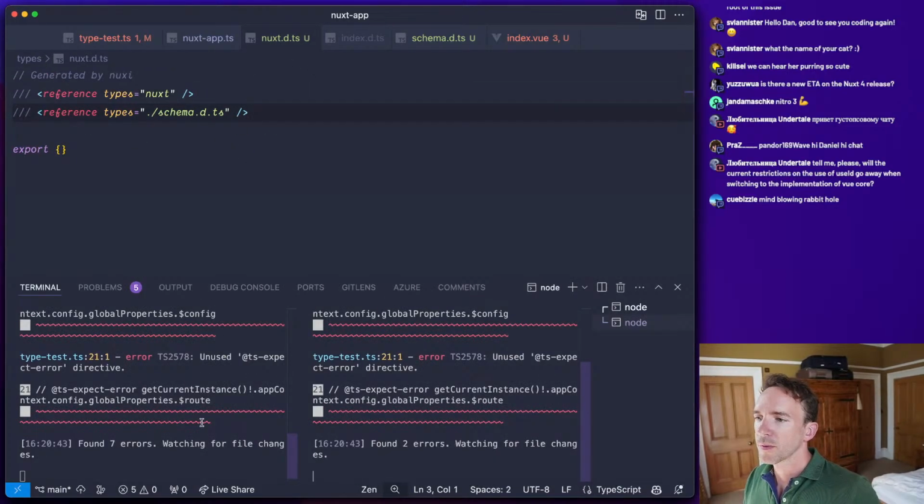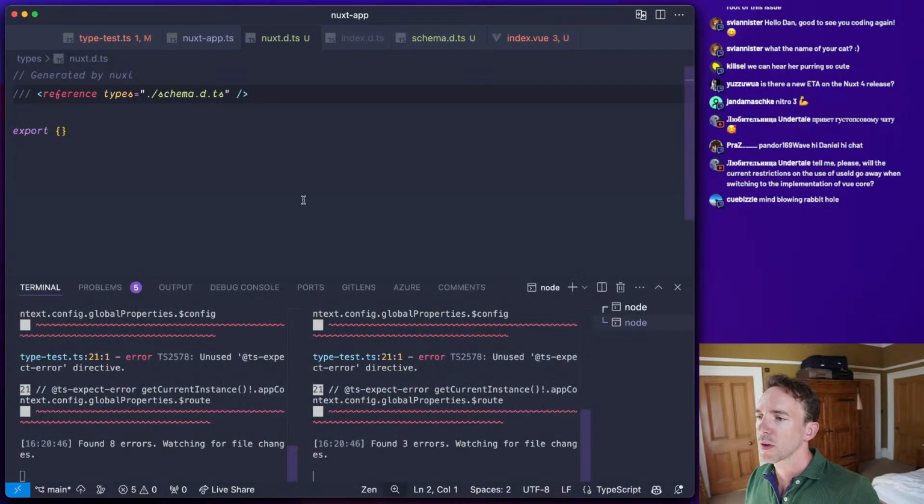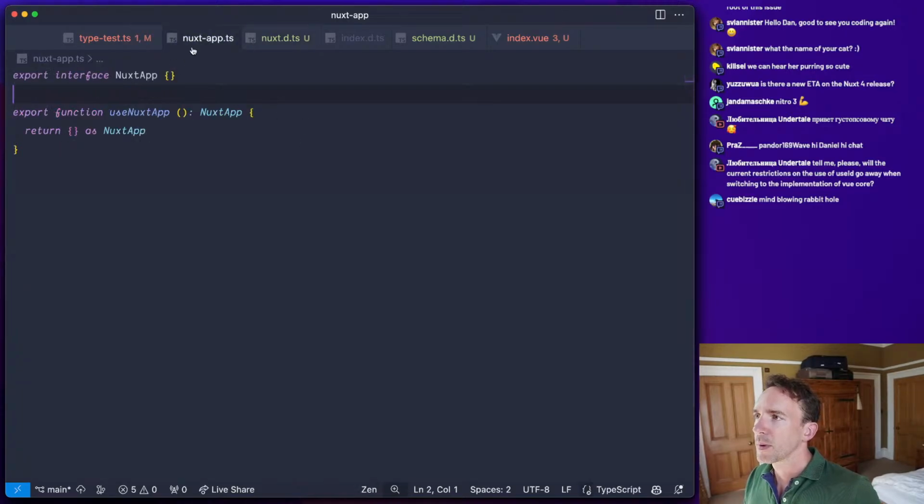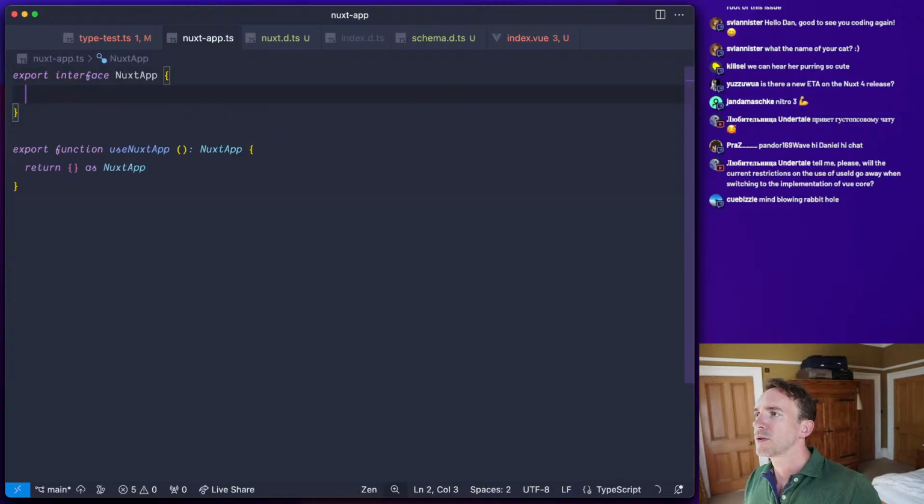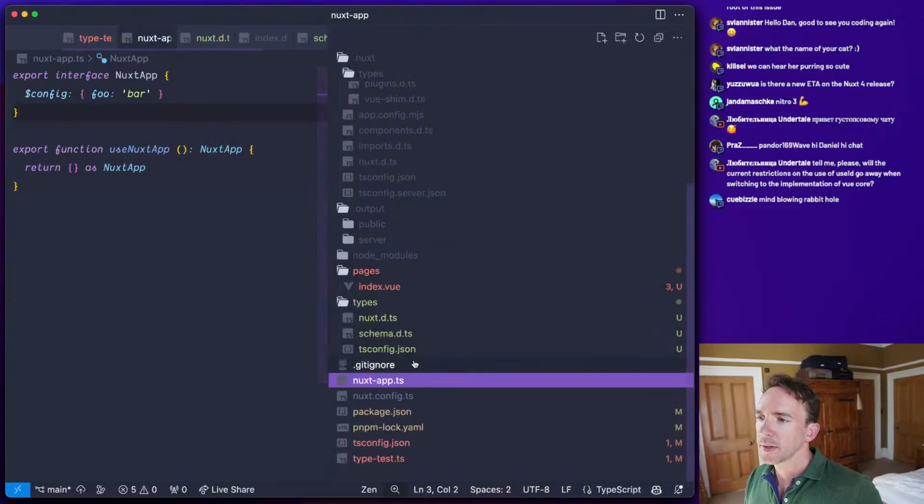Does it make any difference if I drop Vite? Does it make any difference if I drop Nuxt? Yes, it makes a difference. That's probably the type of NuxtApp itself. So basically I want to type this as config as, I don't know, foobar. And then I also want to augment it